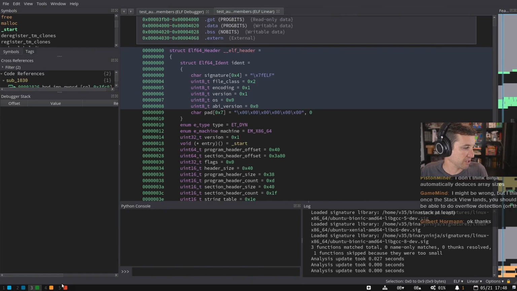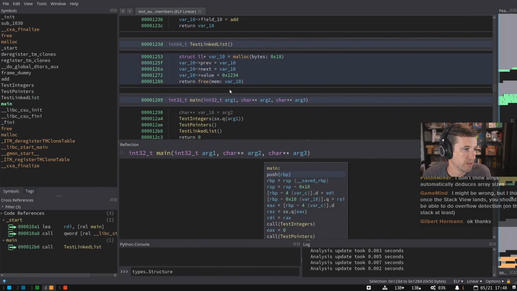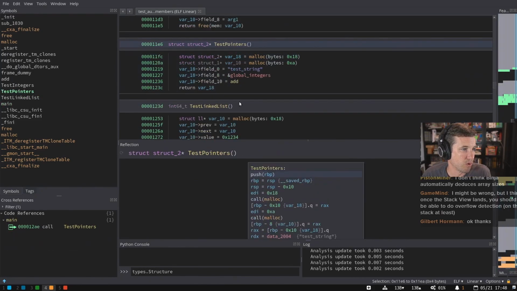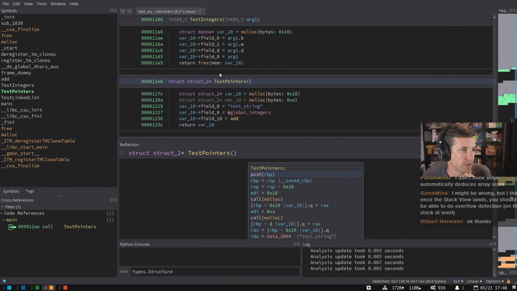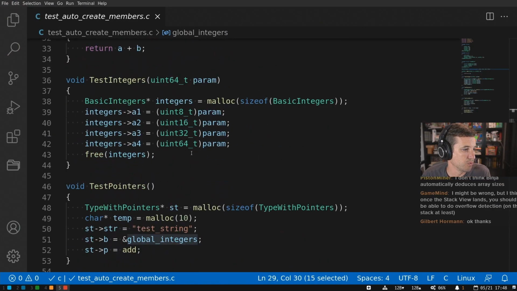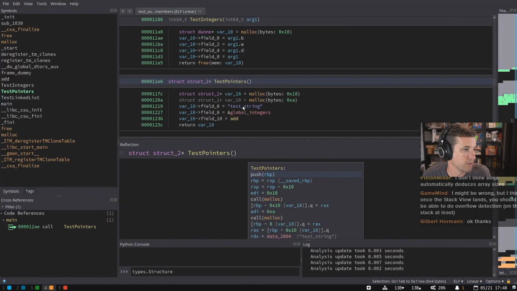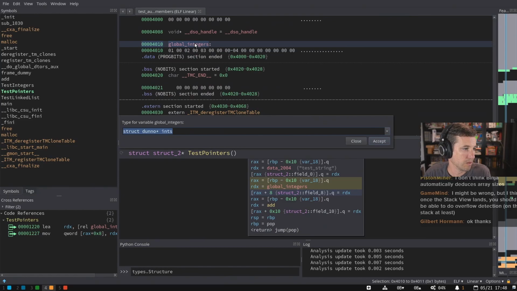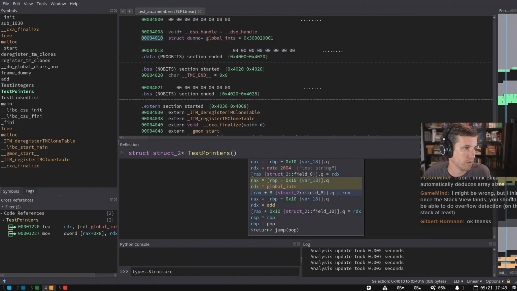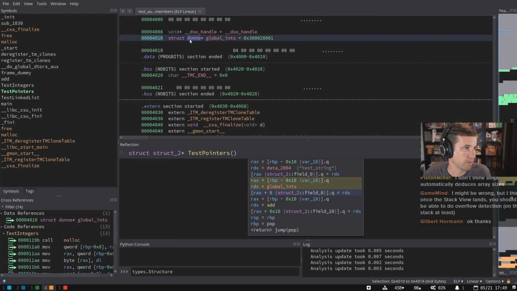But let's go back to our test build. I think we've kind of plumbed the depths of this a little bit. There might be more things we could do with the detection. And like I said, I do know that it will collate them across multiple accesses, which is super nice. Which one actually accessed the global one? That was test pointers. Let me see. What did I call it this time? Yeah, it was. Oops. There we go.